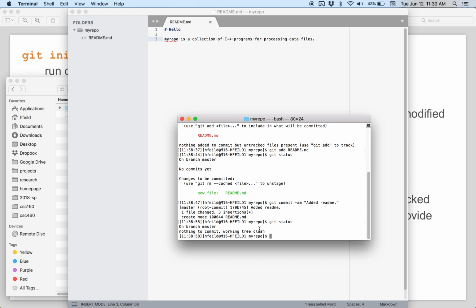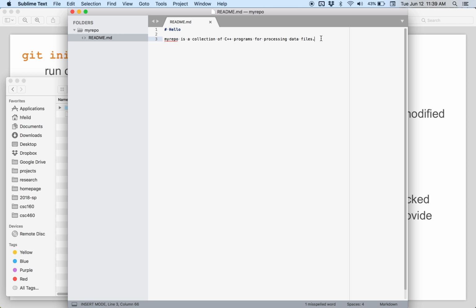I can add in additional files, and I can make changes to existing files. So let me show you that real quick, and then I'll wrap it up for this video. So let's do two things. I'm going to make a listing here of files. We're going to add one new file here in my README. So we're going to add one called